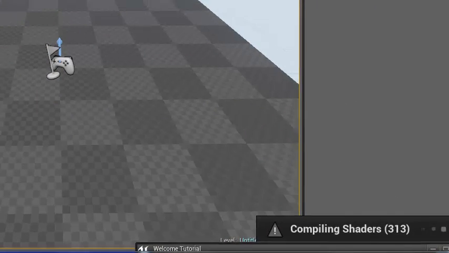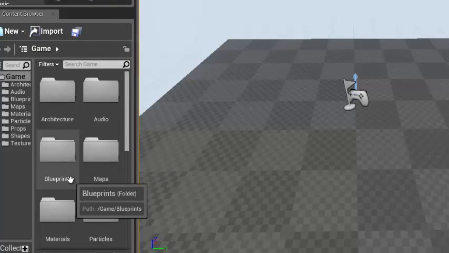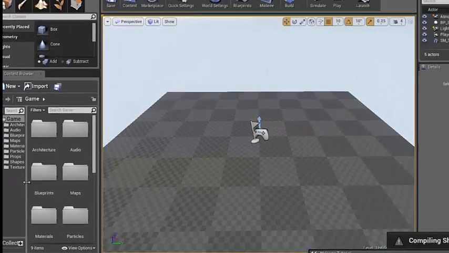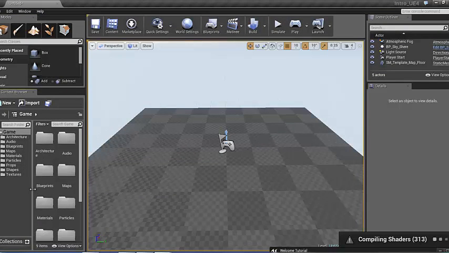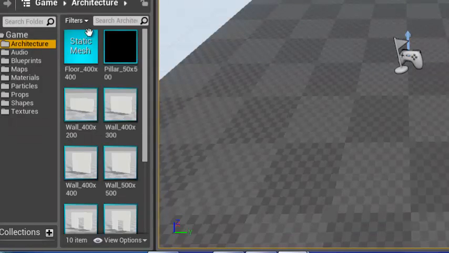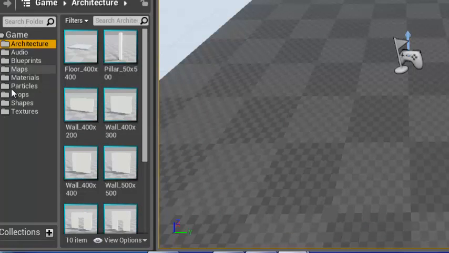Let's go now to the content browser. This section is very important in the Unreal Game Engine. Let me just expand it a bit. It comes with, as we can see for the game, the architecture that you want to place. We have the static meshes that you need. Even in this content browser, this is the place where any object you create, like props, meshes,